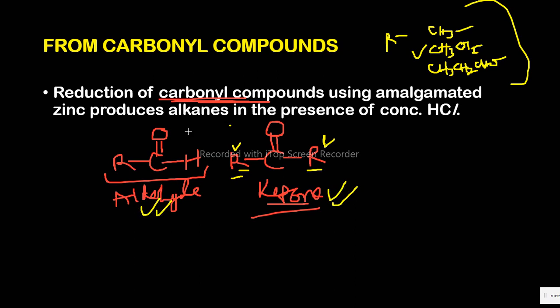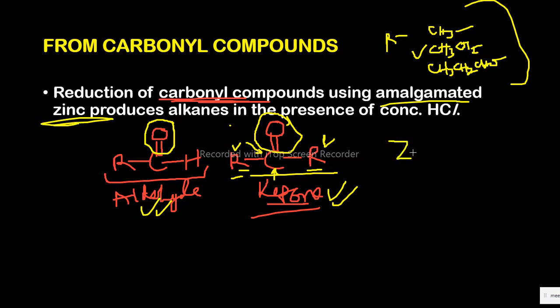Now, if you find ways of removing this oxygen, knocking off this oxygen, and then you hydrogenate it, you add hydrogen atoms there, then we shall form an alkane. And so if you react this with zinc, in presence of amalgamated zinc, zinc with mercury, in presence of conc